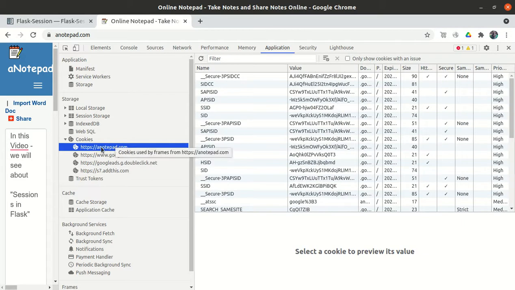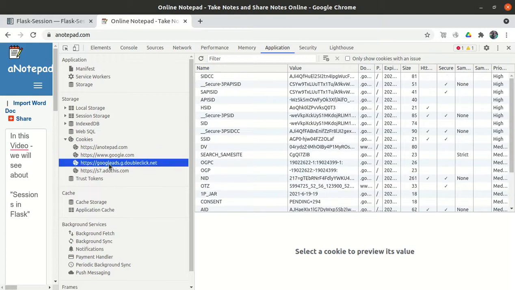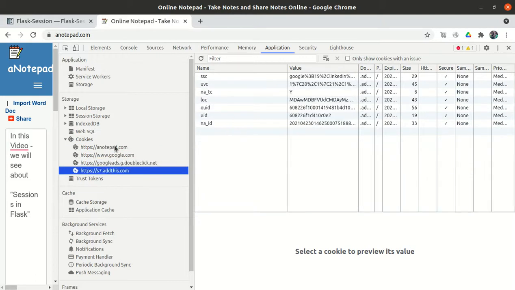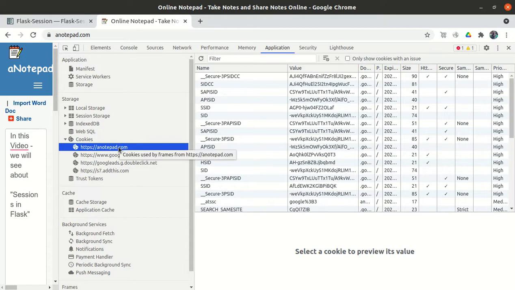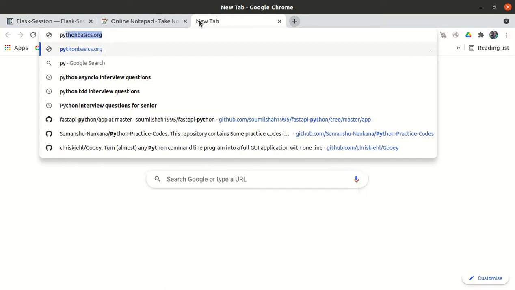Okay, so under the cookies, right now we have 4 to 5 cookies available per site. And if we click on any website, if I click on notepad.com, or google.com, or Google Ads, or addthis.com, so I click on notepad.com, we see here name and value. So it is the value stored in the form of, you can say, a dictionary, right? So we have the Python dictionary concept, right?